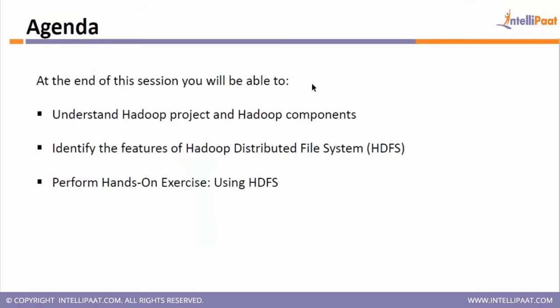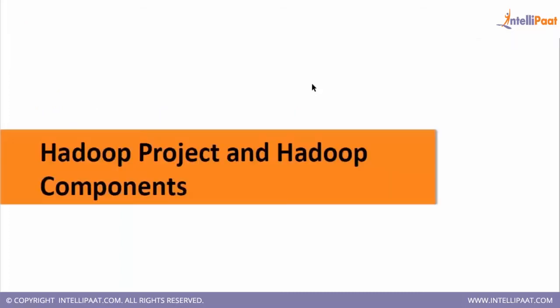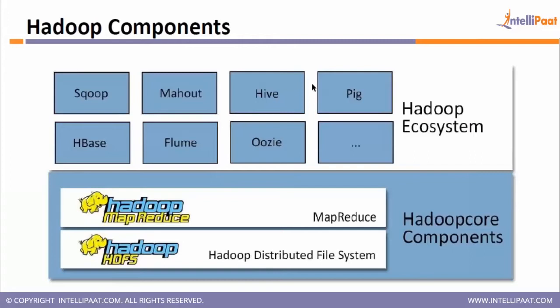So Hadoop is a framework, and we'll understand in this module what Hadoop is and what the different components of Hadoop are. Then we'll move on to the first important component, which is called HDFS, or Hadoop Distributed File System. Hadoop is a framework which comprises multiple tools and objects which, put together, become a Hadoop ecosystem.